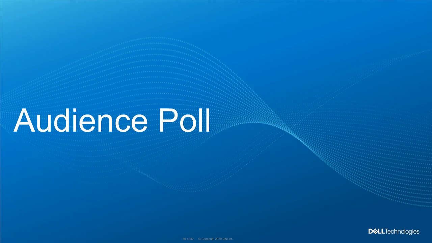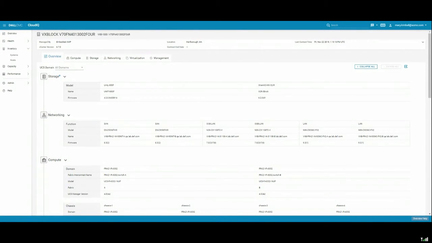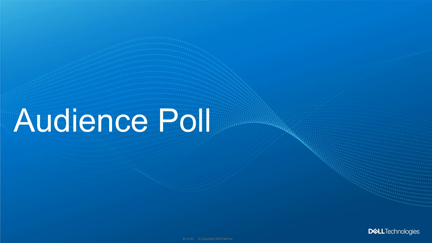So the previous question which we were asked was, which of the following infrastructure operations do you wish you could automate immediately? And as mentioned, lifecycle management seems to be the top one there. But we still had considerable interest in resource and configuration management, as well as some of the other areas. And that segues nicely into what John was speaking about, the new, more modular lifecycle management approach that we're going to be bringing forward, and also takes us to the last poll, which is, if you look at